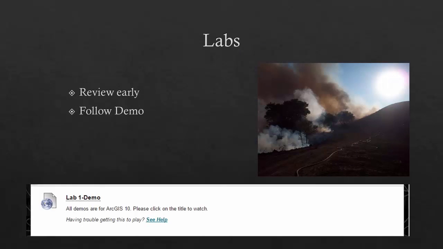Labs can take anywhere from 2 to 6 hours depending on your skill level and the length of the lab. For this reason, it's very important for you to review the labs right away to determine how much time you will need to devote to the lab. You'll be able to get some estimates of time based on the length of the lab demo. A good general rule is that it will take you about 2 to 3 times longer for you to complete